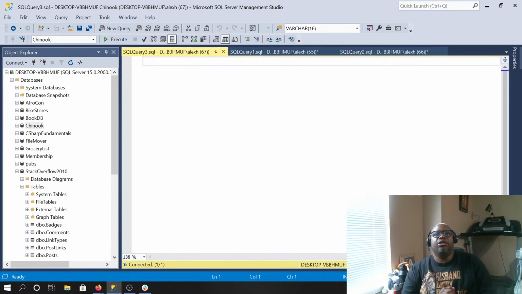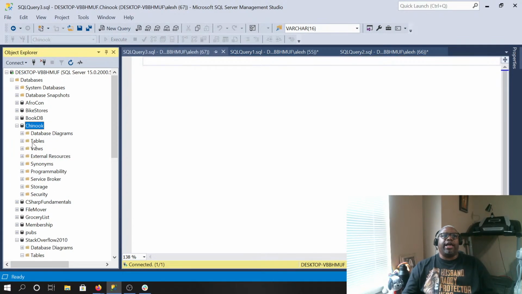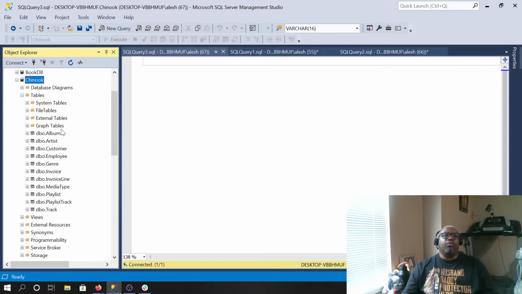Okay, so what I'm going to do is I'm going to use the Chinook database, and up here in our SQL Server Management Studio, we see available databases, and in the drop down, we see that we have the Chinook database selected. So we know that that's where our data set is going to come from. So I'm going to expand the Chinook database and expand the tables. And in here we have our album artist tables and the tables that we've messed around with in the past